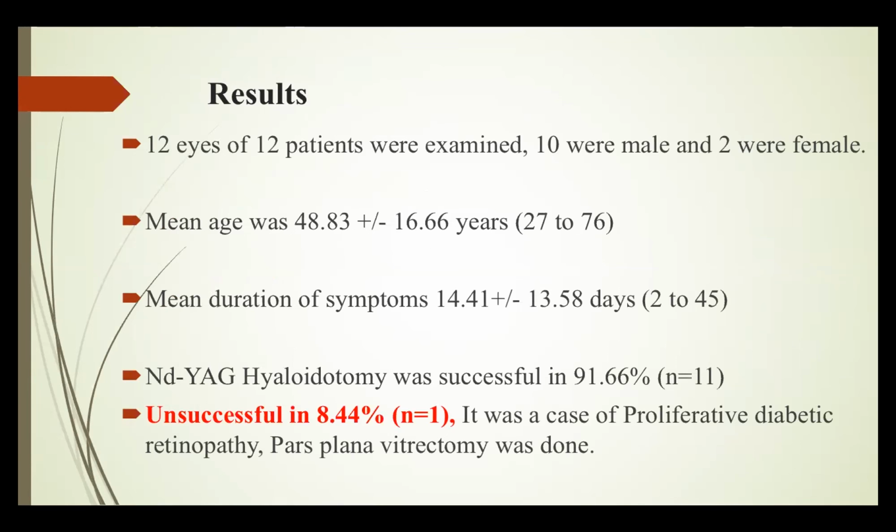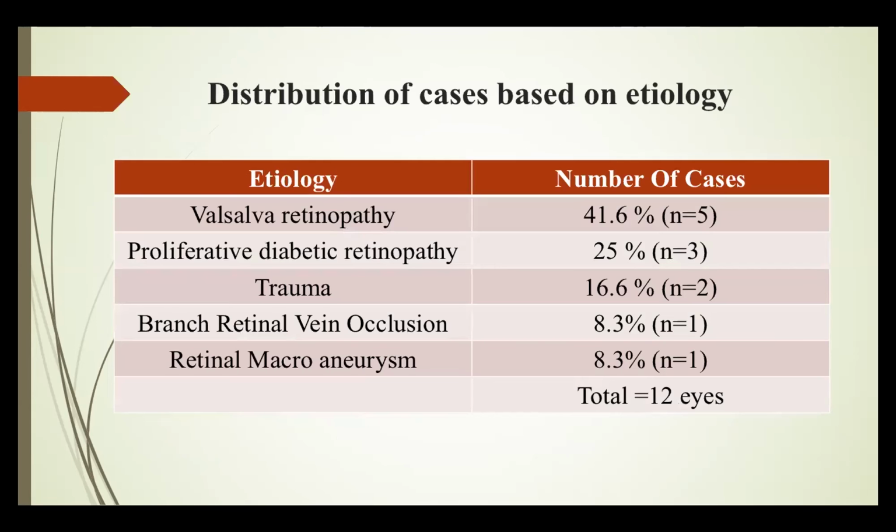Coming to the results, 12 eyes of 12 patients were examined. 10 were male and 2 were female. Mean age was 48 years and the mean duration of symptoms was 14 days. Nd:YAG hyalotomy was successful in around 91.66% and unsuccessful in 8.4%. It was a case of proliferative diabetic retinopathy where pars plana vitrectomy was done. The most common etiology was Valsalva retinopathy, comprising 41.6%,